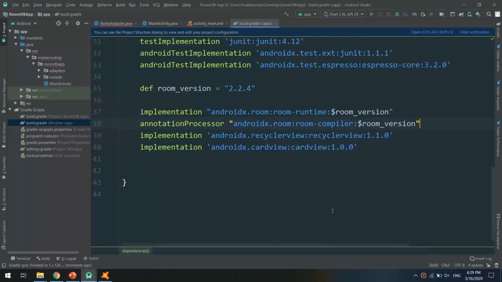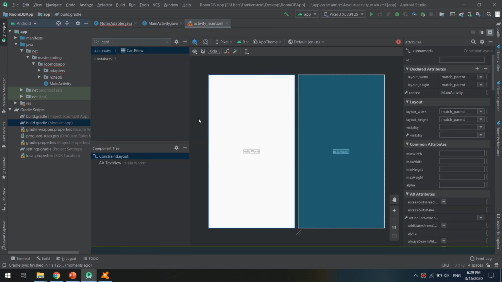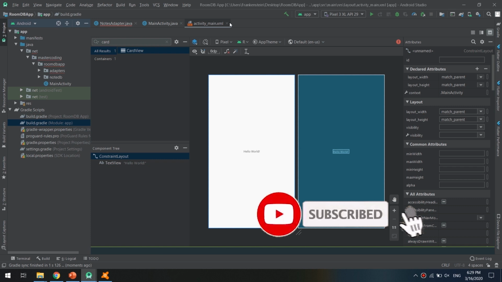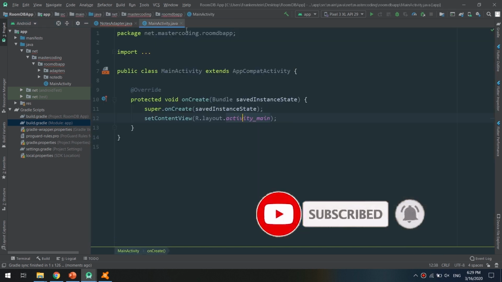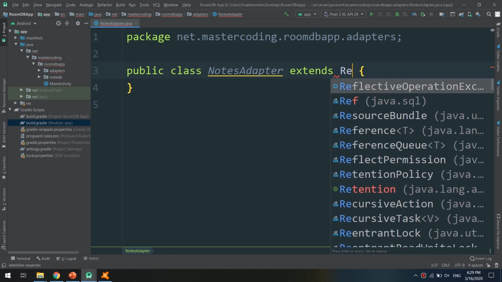So you can write these library codes, implementation, or you can do as I did in the last couple of minutes. Now, because we have added the dependency, we can now extend the